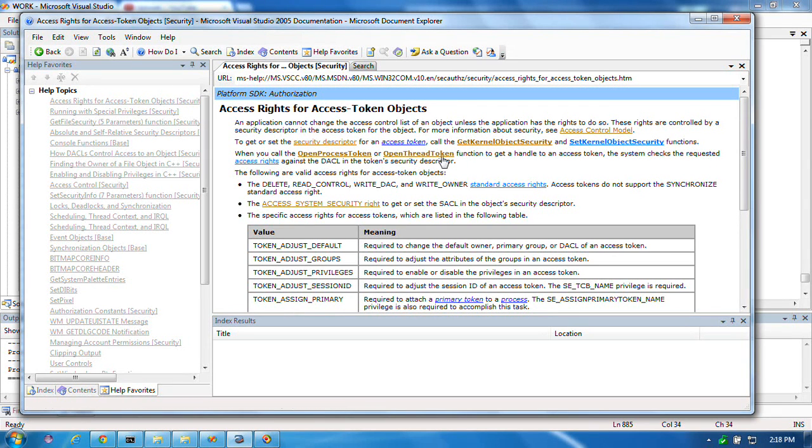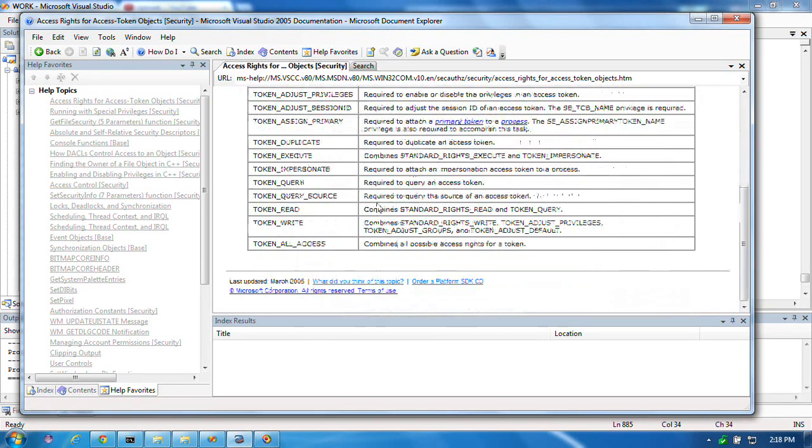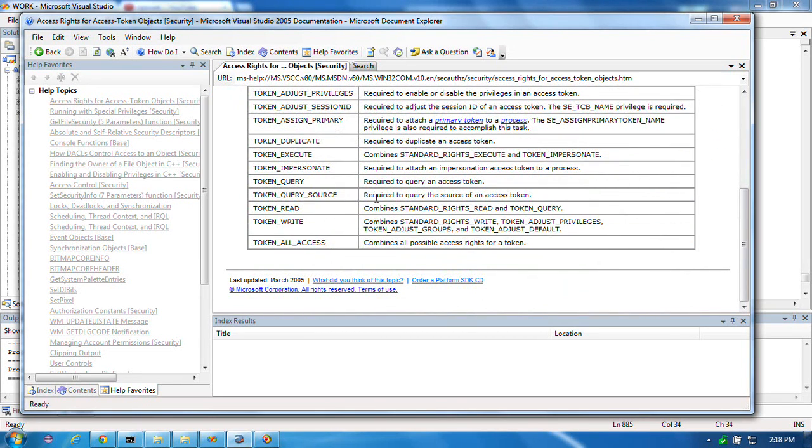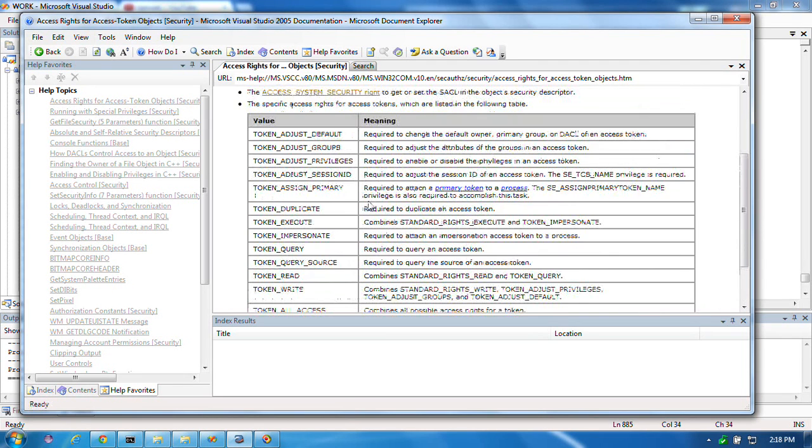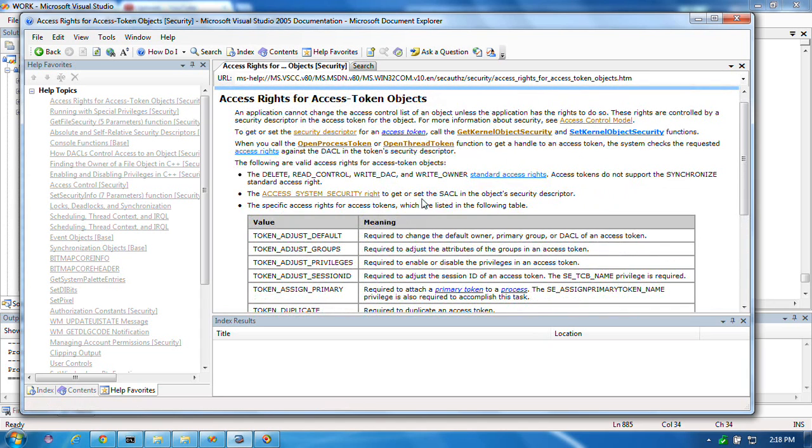But I might be able to work my way back to how to find out what is a token, how do you get one, where does it come from, how is it used,